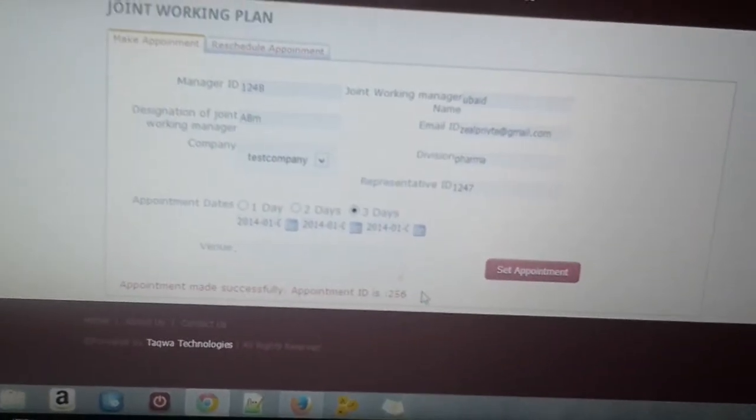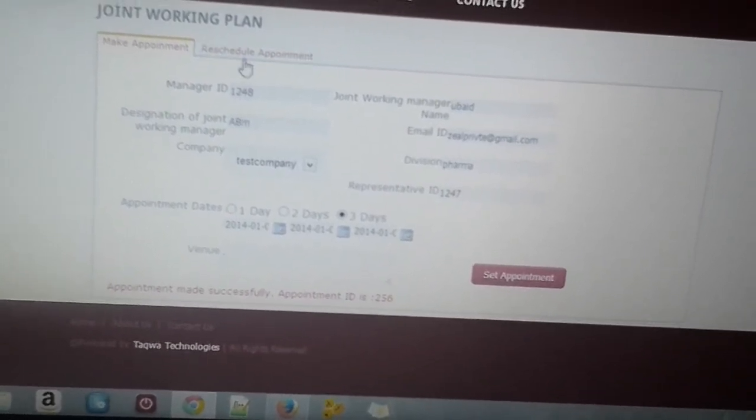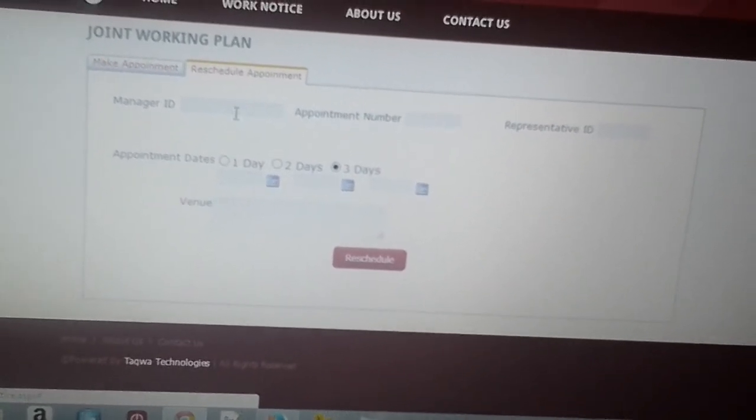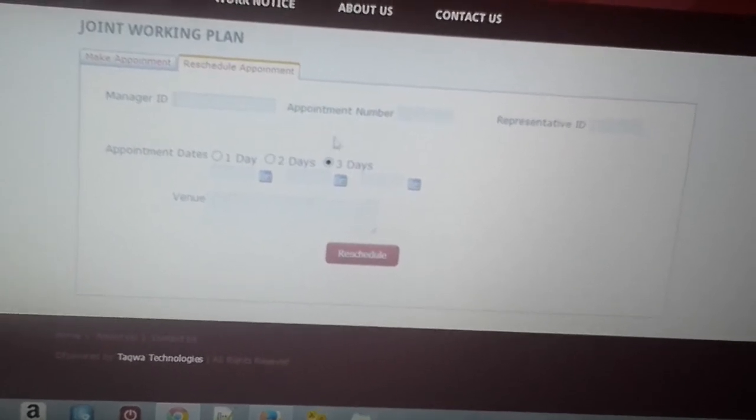It is very important, especially for the ABMs. If they want to make any change in the joint working plan, they can do it simply by going to reschedule appointment. Then here he has to give his own manager ID and the appointment number.